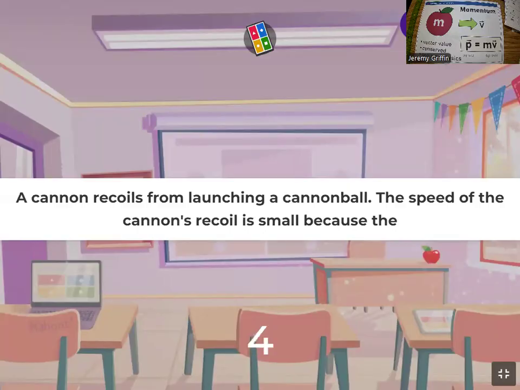A cannon recoils from launching a cannonball. The speed of the cannon's recoil is small because